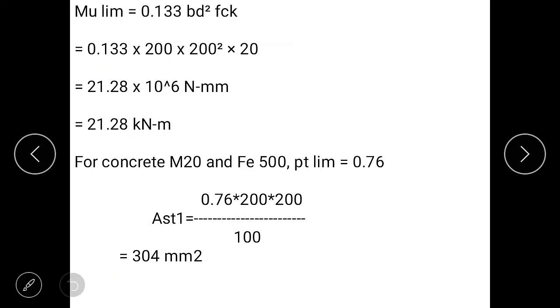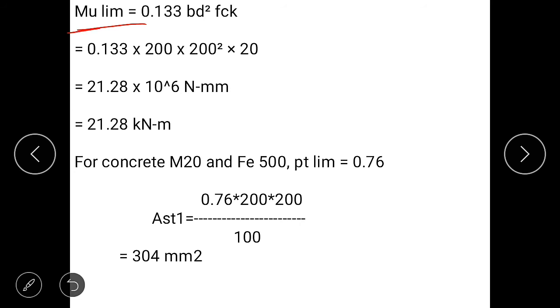Okay, so Mu limiting. Here we don't know Asc and Ast, so we can't calculate Xu max. We have to calculate Asc and Ast in this example. So take